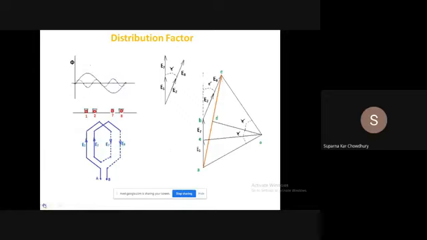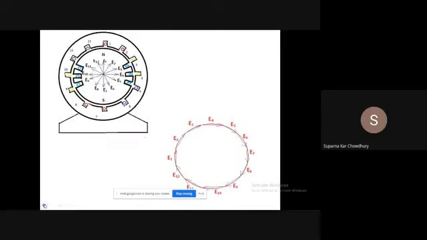Now, next is how to make the winding. In this figure, I have shown 12 conductors. Now, if we want to make a three-phase winding, one possibility is that we can make three windings with 1, 2, 7 and 8, then 3, 4, 9 and 10, and 5, 6, 11 and 12. This will make three windings.